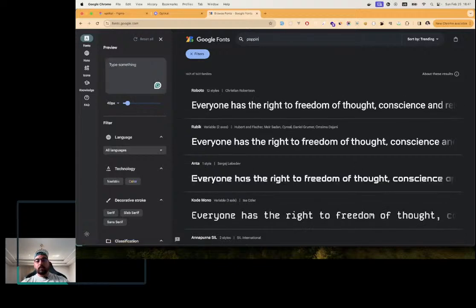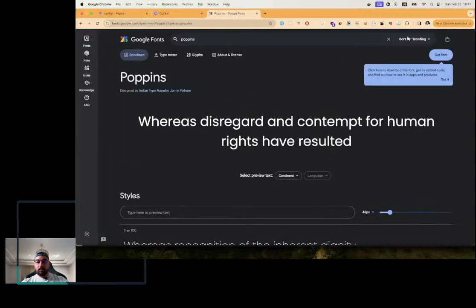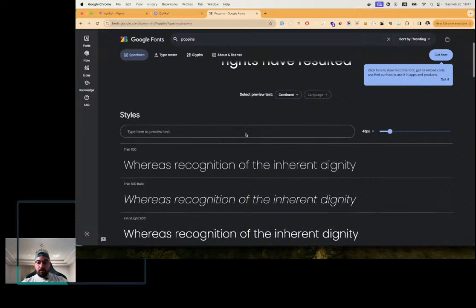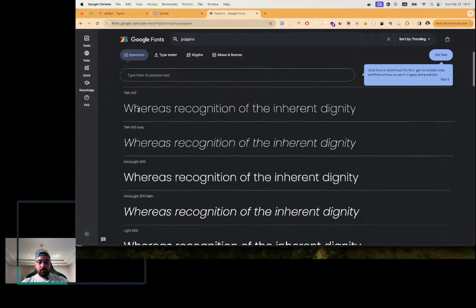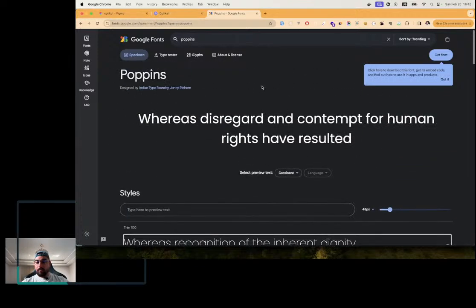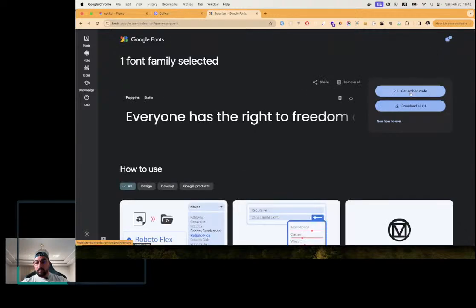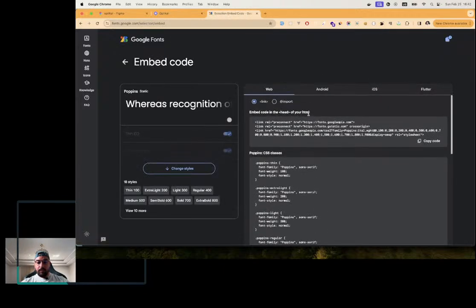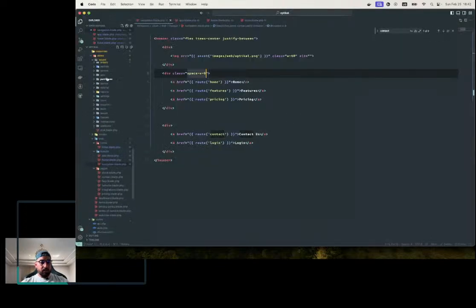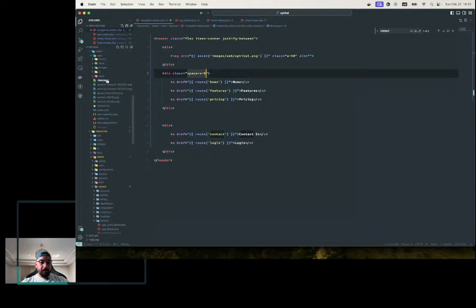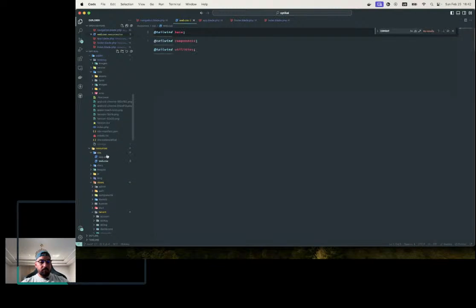Here we need Poppins, and I think to install this, okay, yeah, get font, embedded code. I think import will be fine. Let me check. CSS web, it uses Tailwind, that's nice,